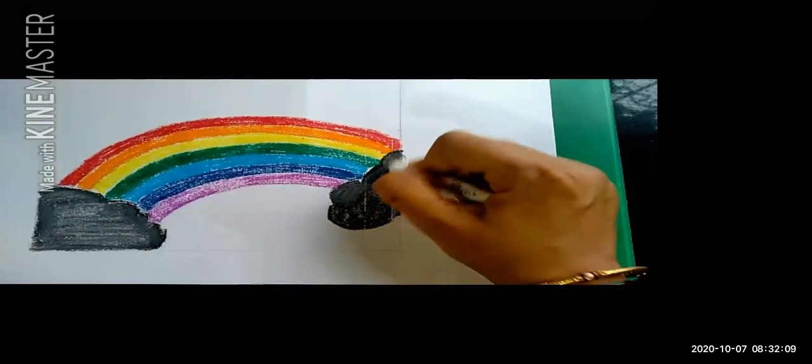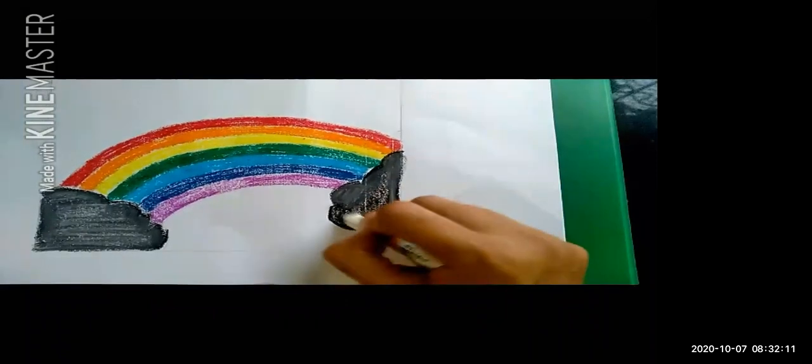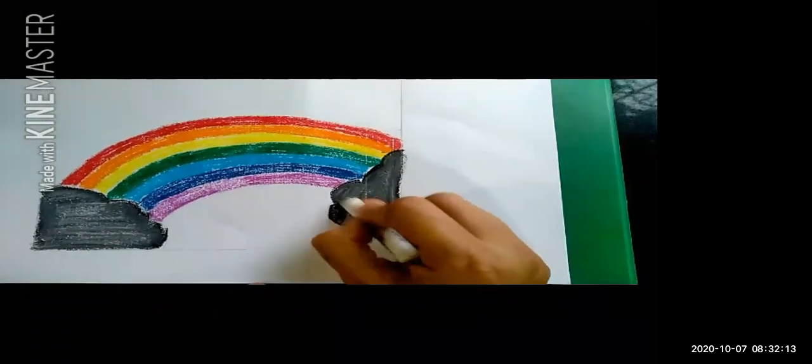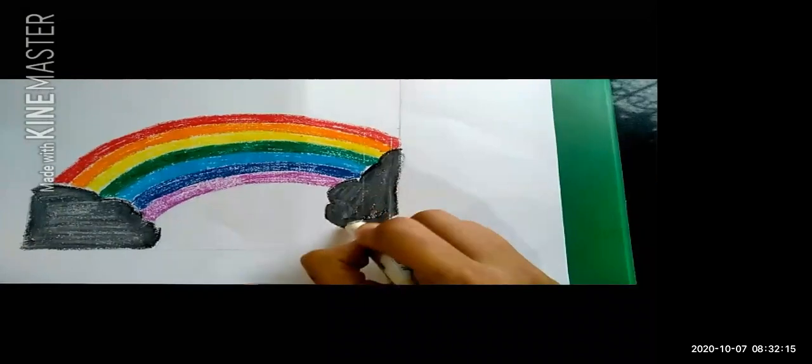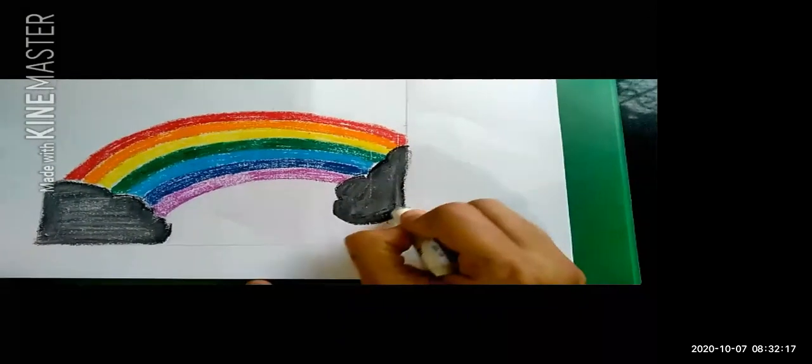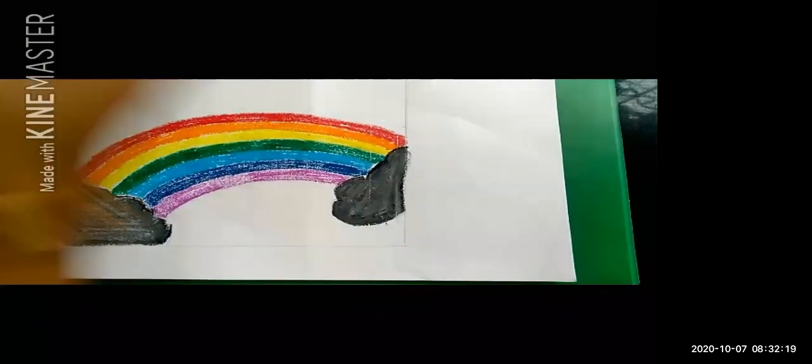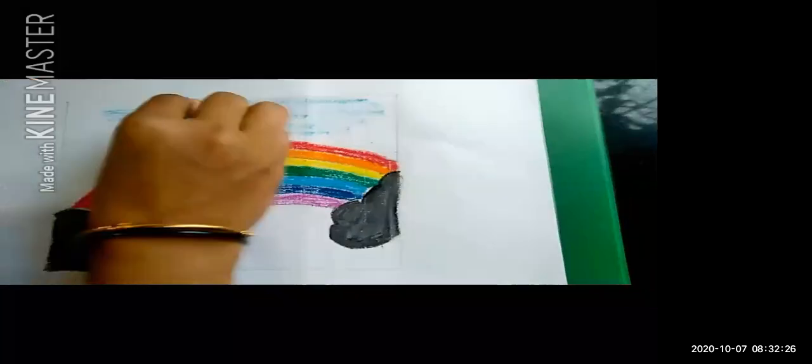Okay, children? Yes. So here I have filled gray color like this. And for the blank spaces, you know that we have seen the rainbow in the sky, and that's why I have chosen blue color for the blank space.